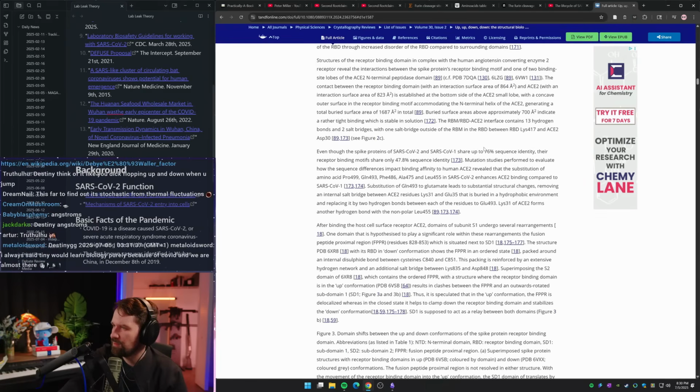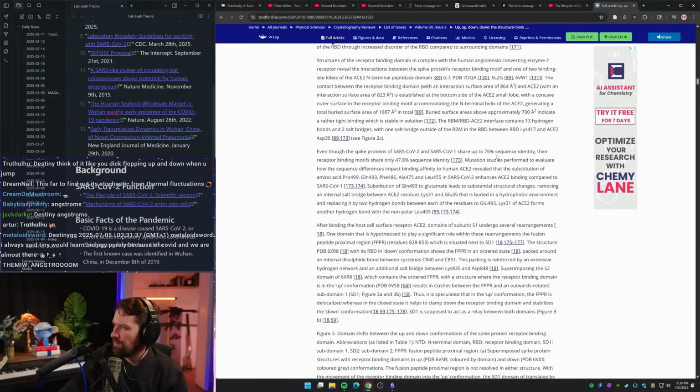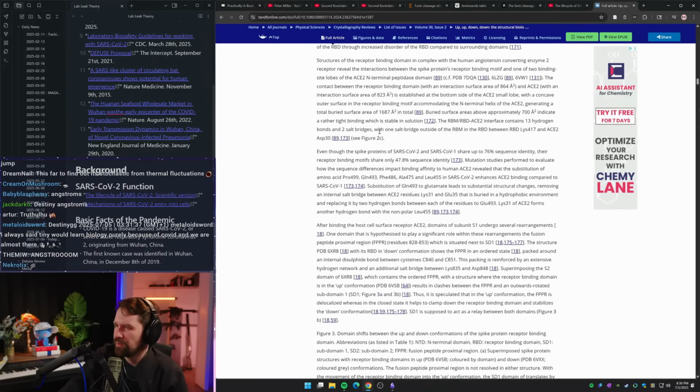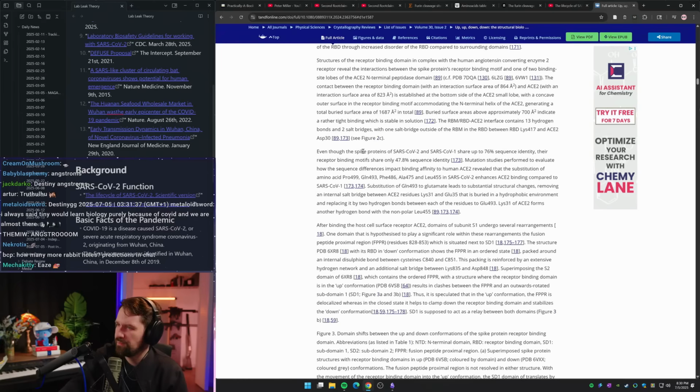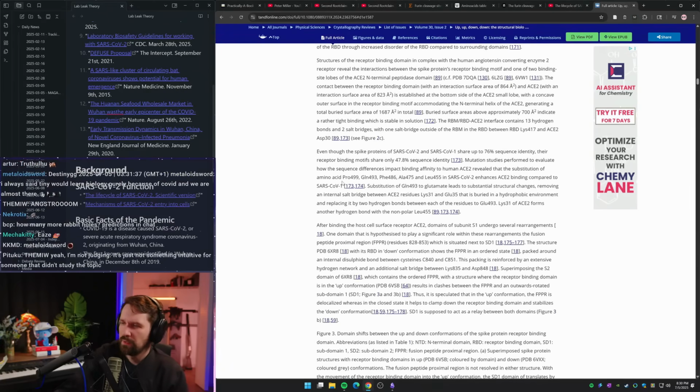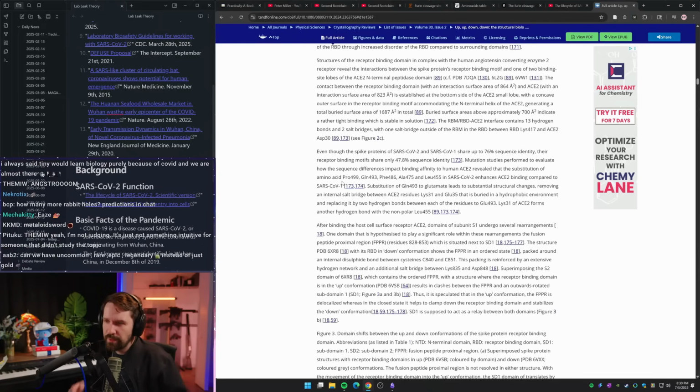Even though the spike protein structures share up to 76% sequence identity, the receptor binding motifs share only 47.8% sequence identity. Mutation studies performed to evaluate how the sequence difference impacts binding affinity to human ACE2 revealed that the substitution of amino acid Pro 499